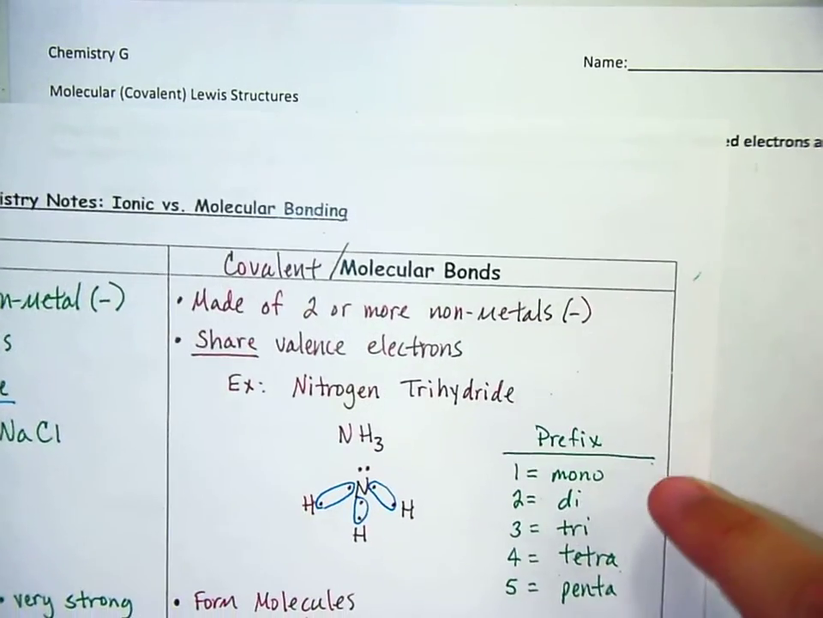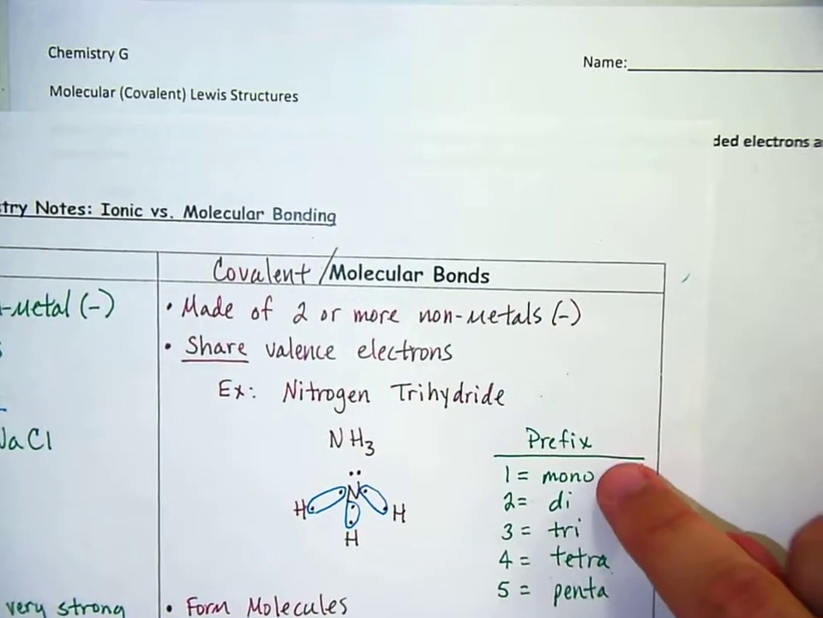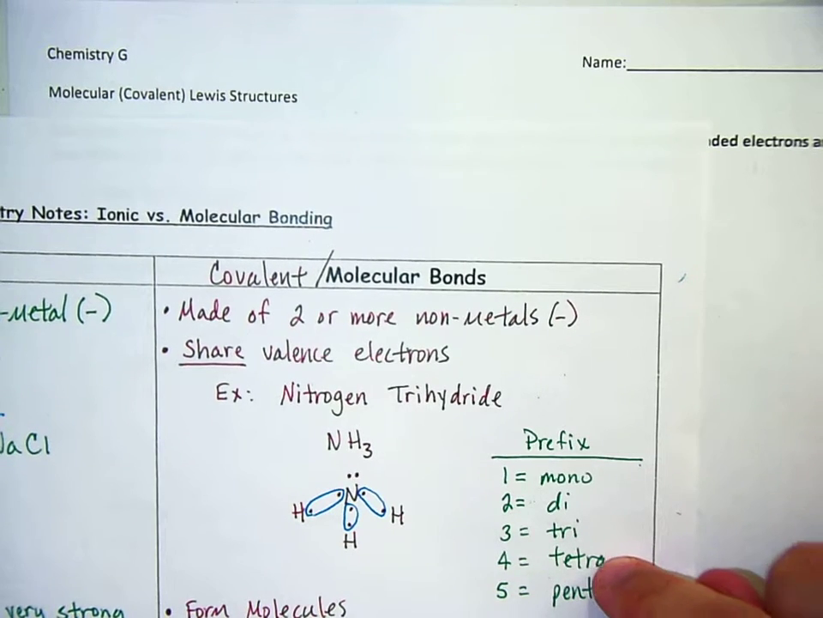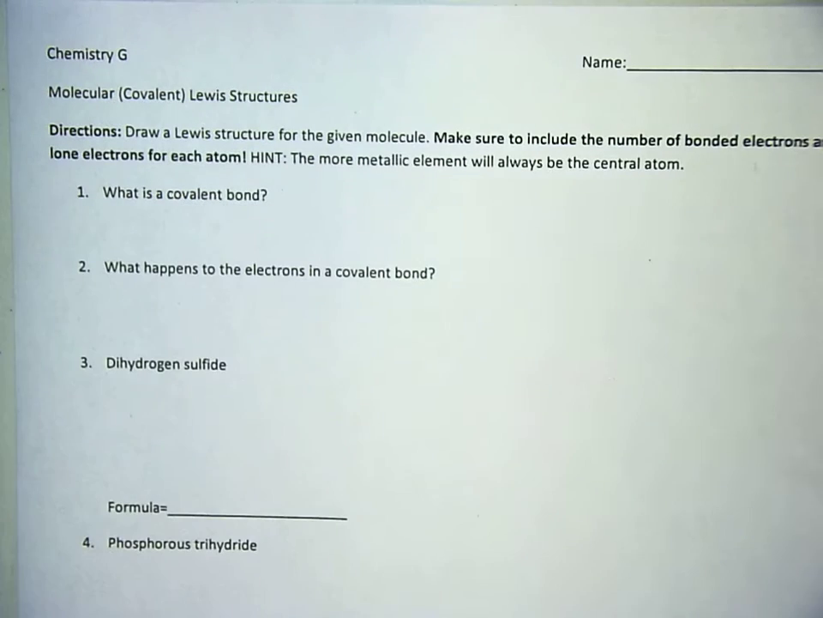Although with covalent, to get our formula, we have to use these prefixes to determine the correct formula of our bond, unlike the ionic bonds where we have to look up the valence numbers. Look up the charge numbers. So here we go. On this worksheet, the very first question is asking,